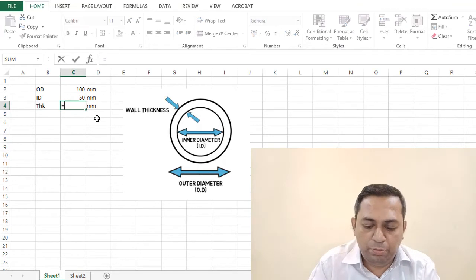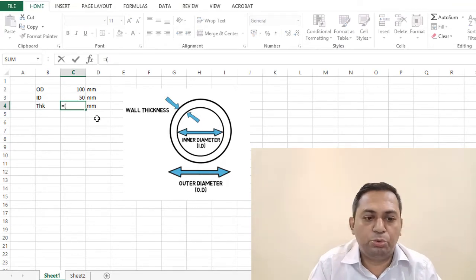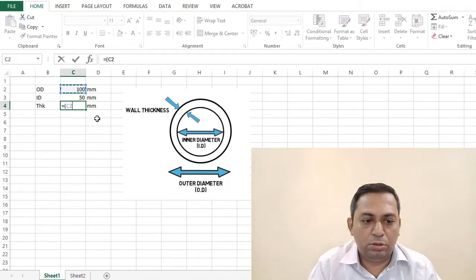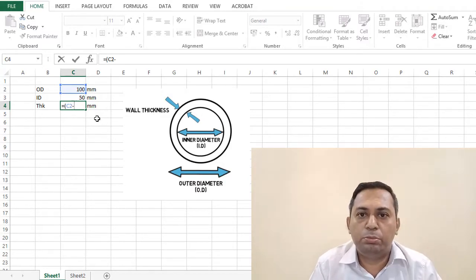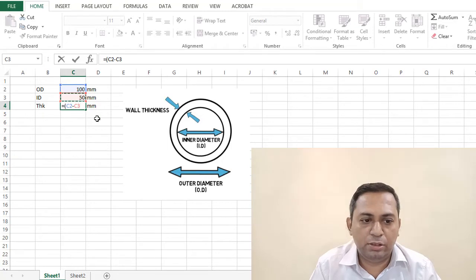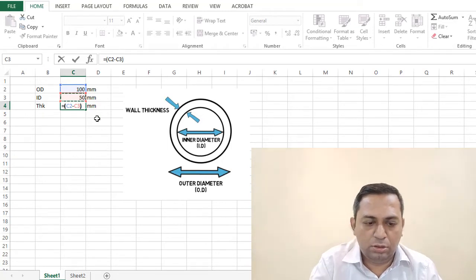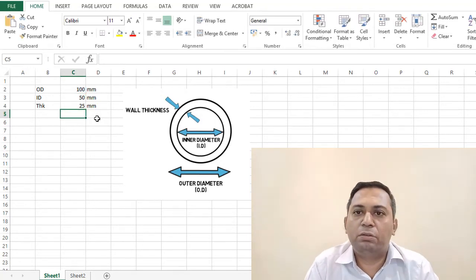So our thickness will be basically, let me put it, 100 minus 50, so this will be C2 minus C3, divided by 2. So we have 25 mm. This is the standard way of doing it.